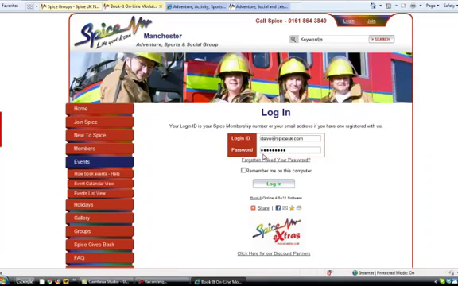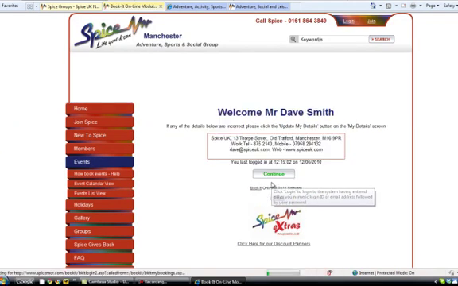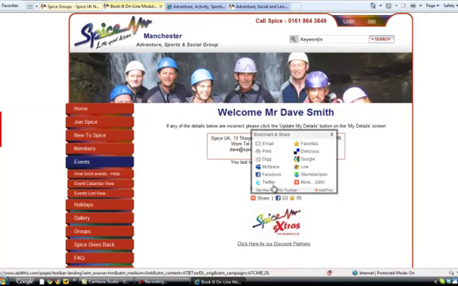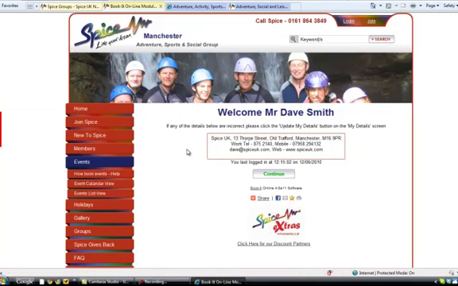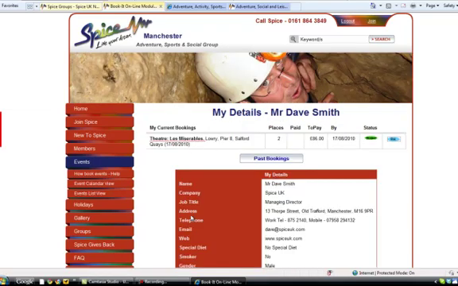membership number. I'm going to click Remember Me on this computer as a login, and then it will always remember you. You won't need to remember your login again, so obviously only use that for your home computer. And here it brings in your basic details, and if you click Continue, it then is into your